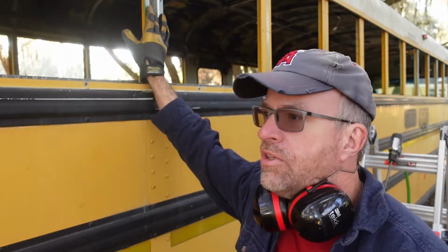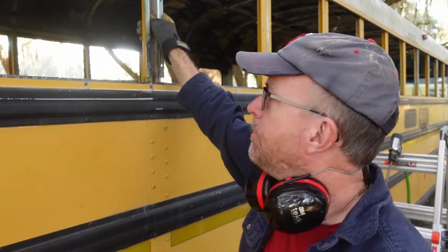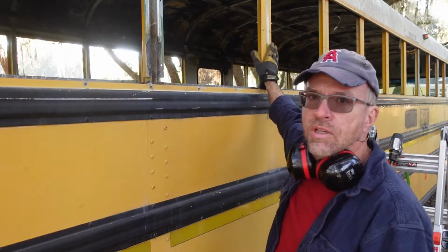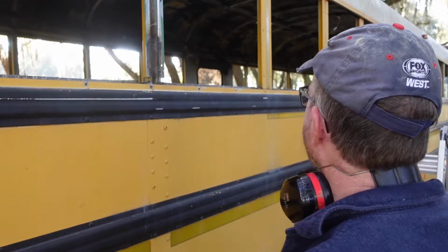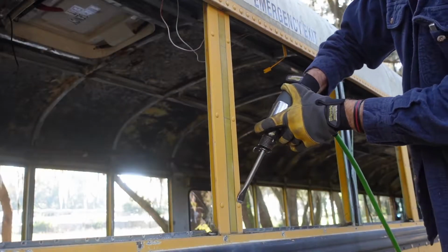Today we're working on opening up all of the C channels. We need to open all these up along the bus so that we can do the roof raise. We need to expose all of this on the outside. We have these panels that cover it that are just for looks, so we have to take those off. In order to do that, we have to pop these rivets. There's rivets all along the side here,